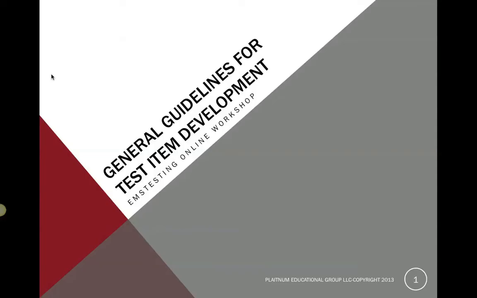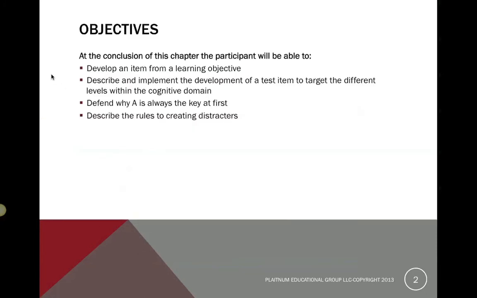Hi, welcome to Chapter 6, Module 6 on General Guidelines for Test Item Development on the EMS Testing Online Item Writing Workshop. I'm going to talk about developing an item from a learning objective, how to implement and develop a test item to target the specific level within the cognitive domain you're looking at, why we select A as the